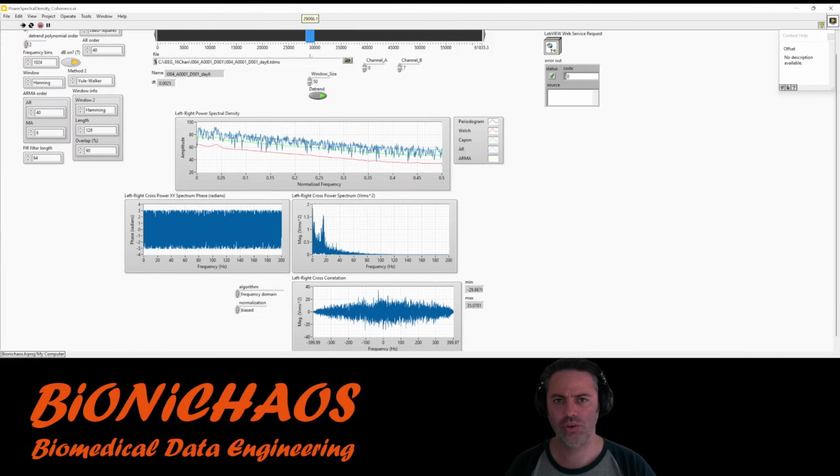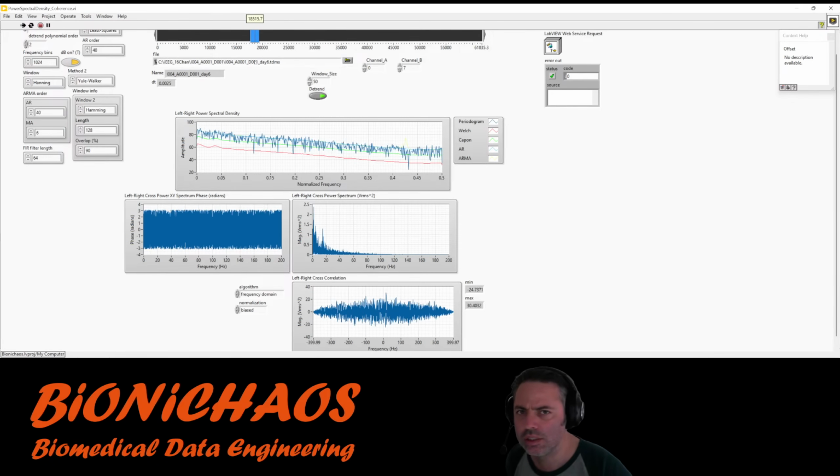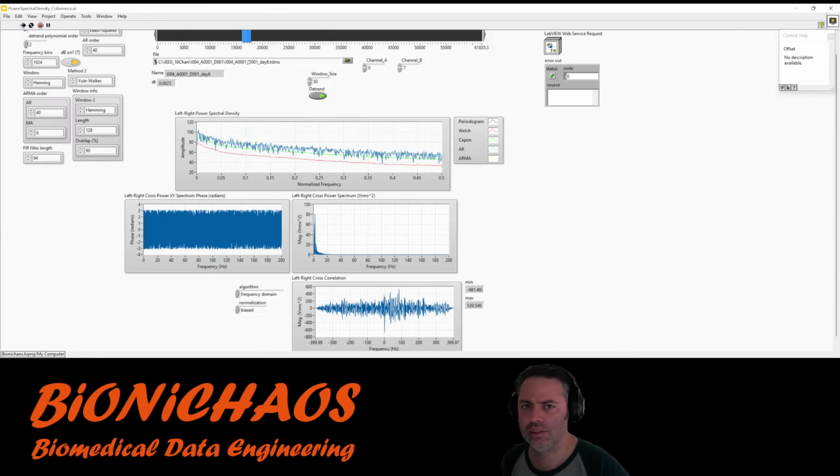Power spectrum, cross power spectrum. So this is just adding more spectrum space.